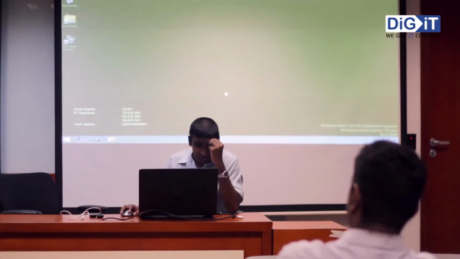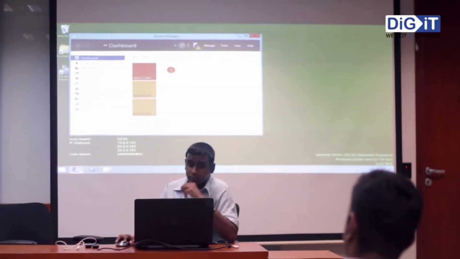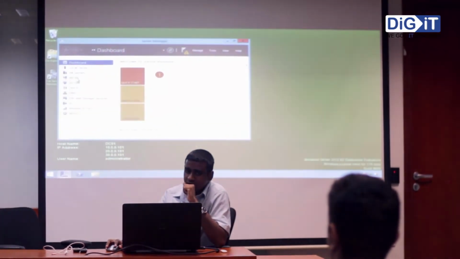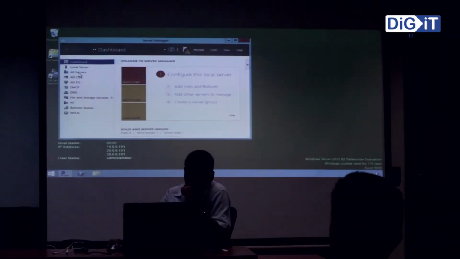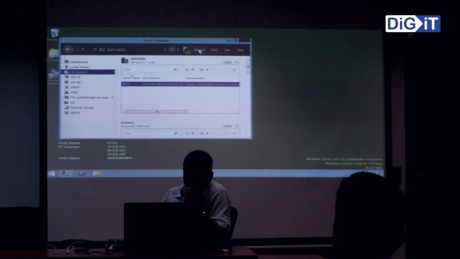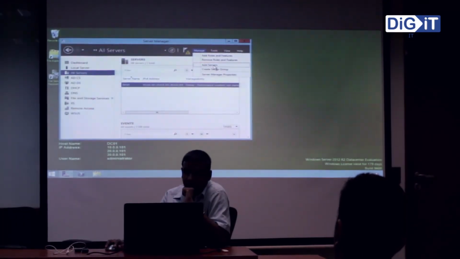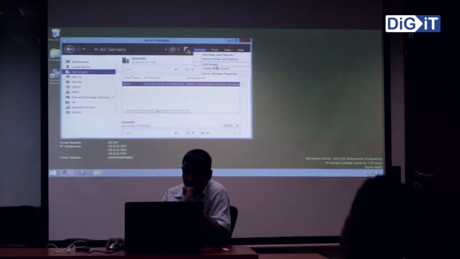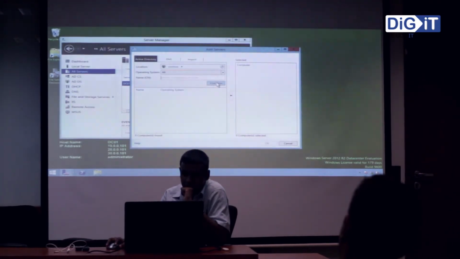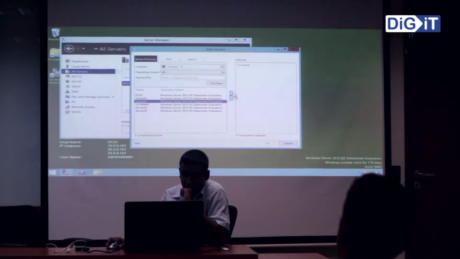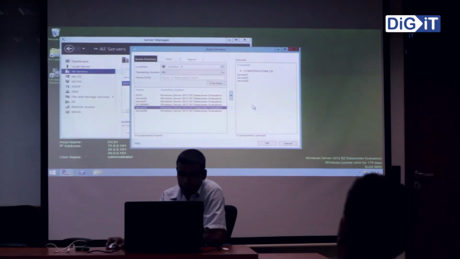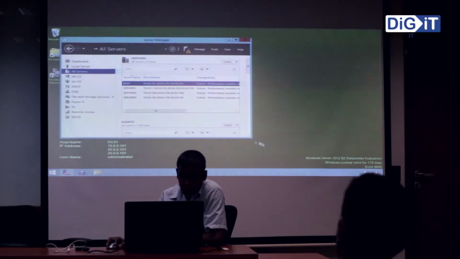This is one of the domain controllers. So I'm going to add the feature. I'm going to open the server manager. You can see the server manager there, and I'm going to click all servers. From there, I'm going to click manage. Going to add more servers in the same network to this server manager. So I can search whatever servers I have available. I'm going to add a couple, server 1 and server 2 and server 3 there. Okay, now the servers are added.